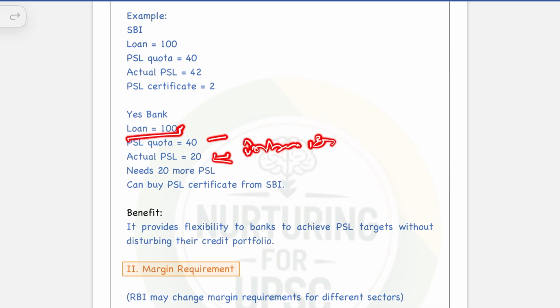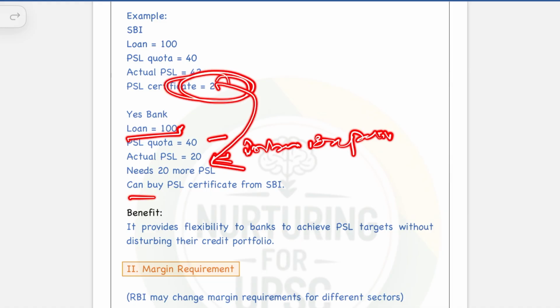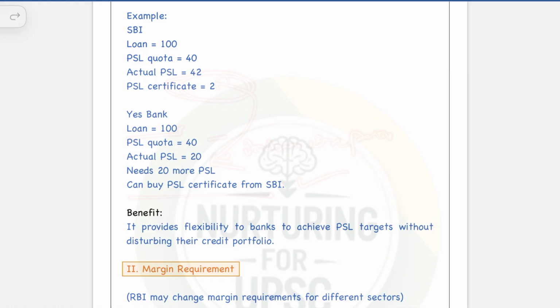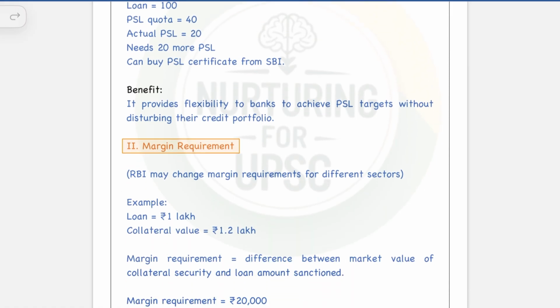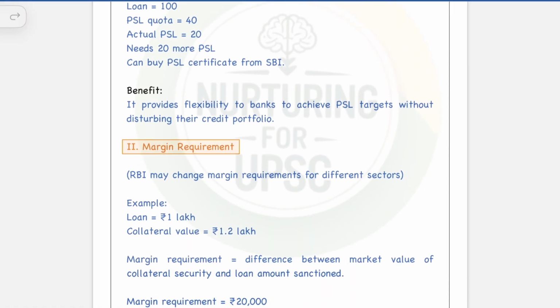उसके पास एक्सपोजर नहीं है, उसको नहीं पता कि कैसे देना है, मतलब जो भी रीजन थे। अब बात क्या हो गई कि उसको अभी 20 रुपए के प्राइवेट सेक्टर लेंडिंग सर्टिफिकेट लेने पड़ेंगे, to actually ensure that उसका कोटा मेट हो। फिर उसी के बाद नेक्स्ट रहता है क्वालिटेटिव मेजर, वो है मार्जिन रिक्वायरमेंट। सो बहुत बार आरबीआई क्या बोलेगी कि आपको 100 रुपीज का लोन एक्सपोजर certain सेगमेंट के लिए देना है, तो फिर आपको उसके लिए उससे ज्यादा कोलैटरल रखना पड़ेगा। सो एक 20% का मार्जिन रिक्वायरमेंट है।